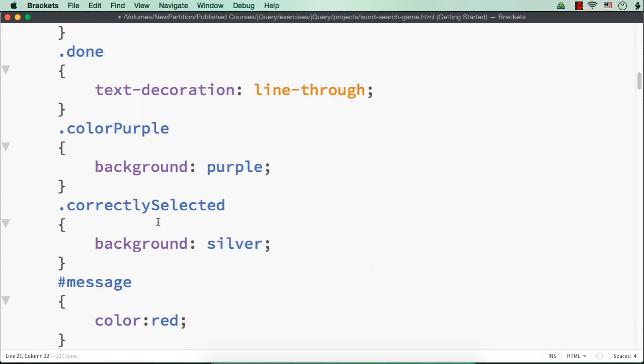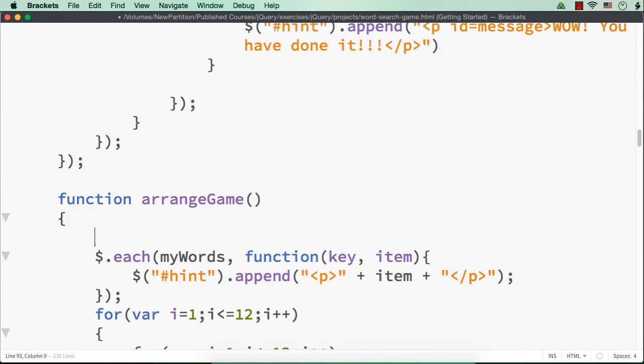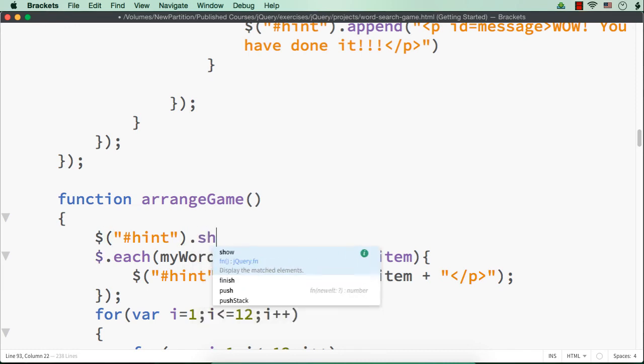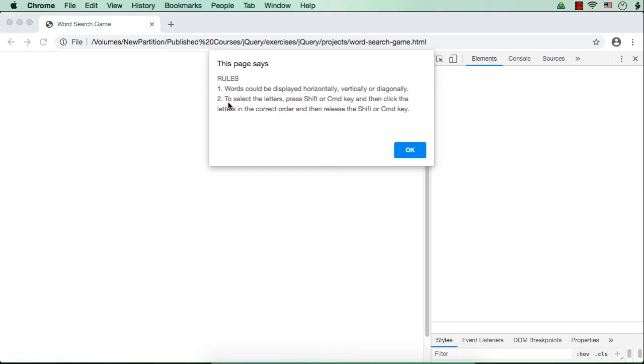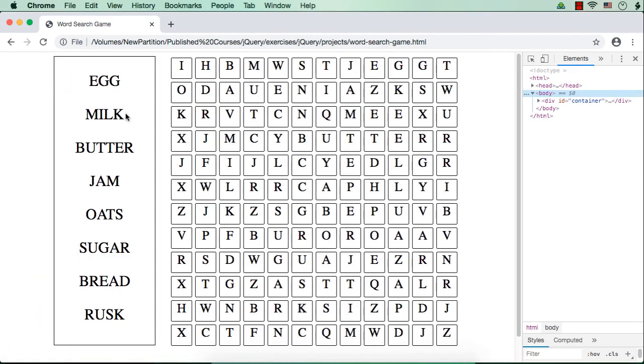Okay. And in the arrange game function, here we can display the hint element. So $hint.show. Now let me save this. Rules. Now the hint element is not displayed. Let me click OK. We are seeing the hint element with the words and also the section.